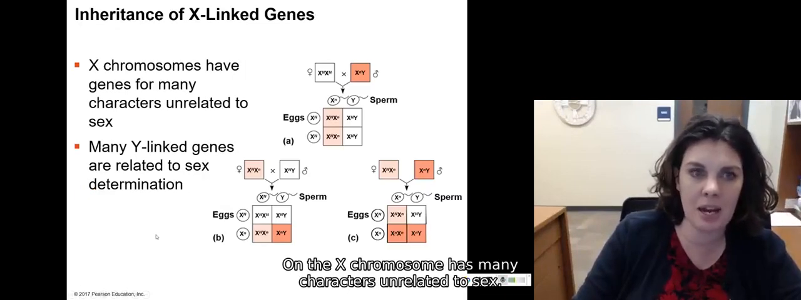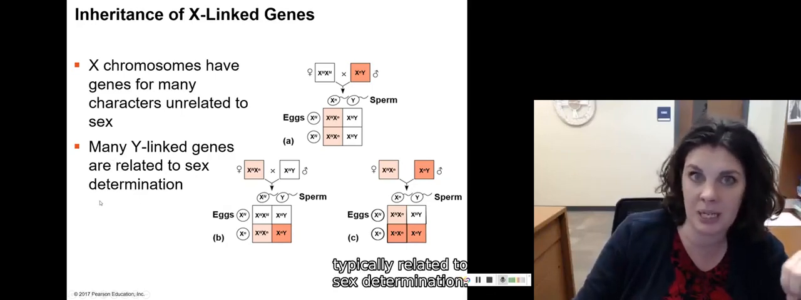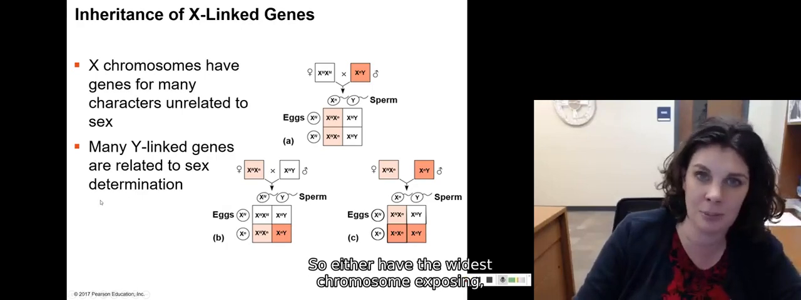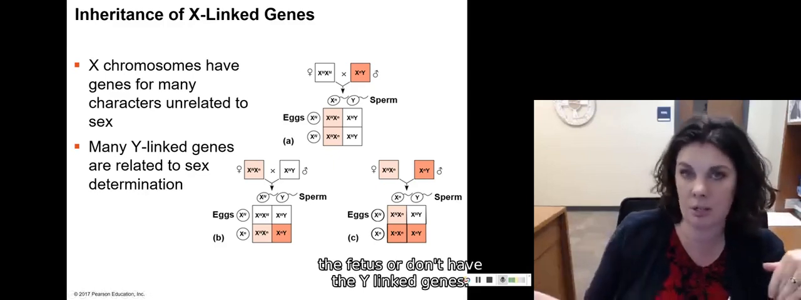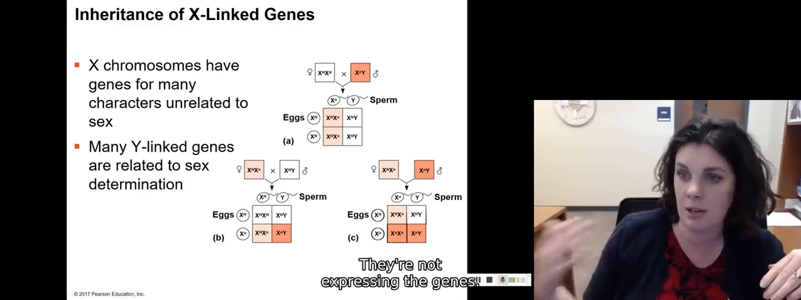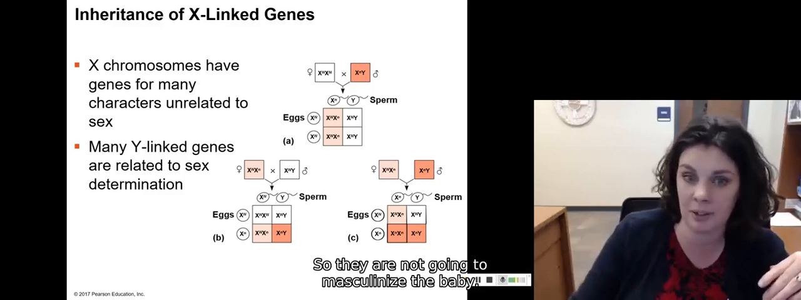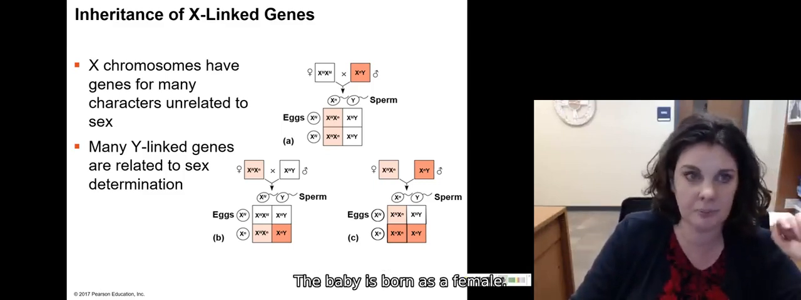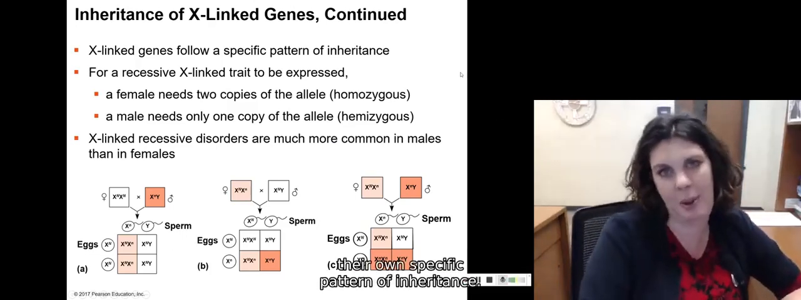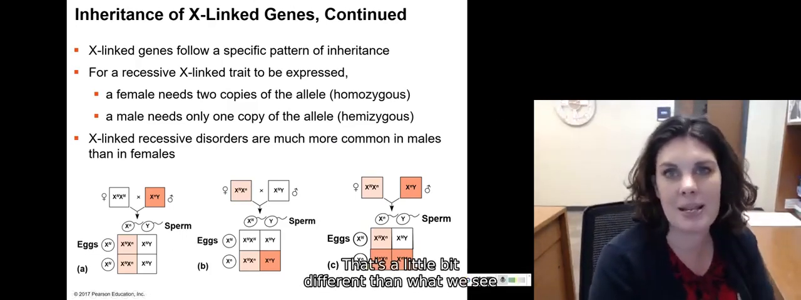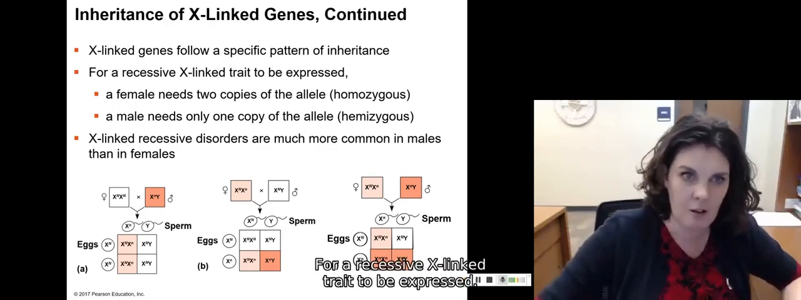Okay, so the X chromosome has many characters unrelated to sex. The Y-linked genes are typically related to sex determination. So either have the Y chromosome expressing those genes to masculinize the fetus, or don't have the Y-linked genes. They're not expressing those genes, so they are not going to masculinize the baby. The baby is born as a female. Okay. X-linked genes are going to have their own specific pattern of inheritance that's a little bit different than what